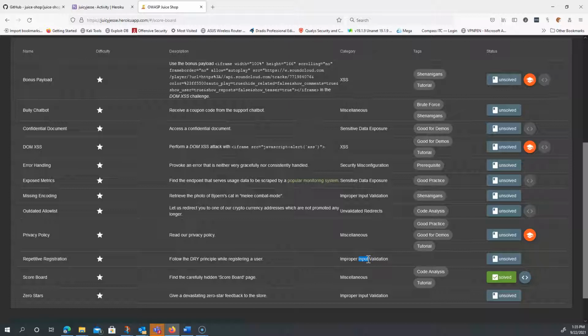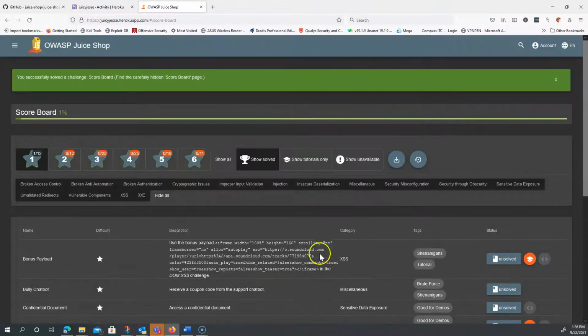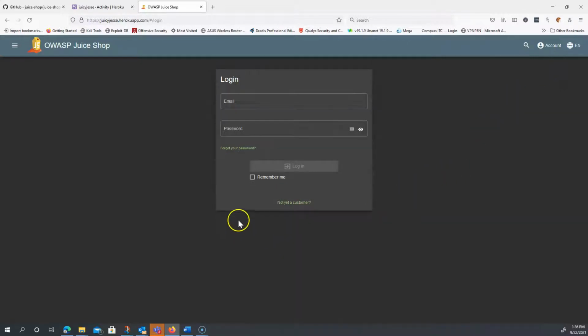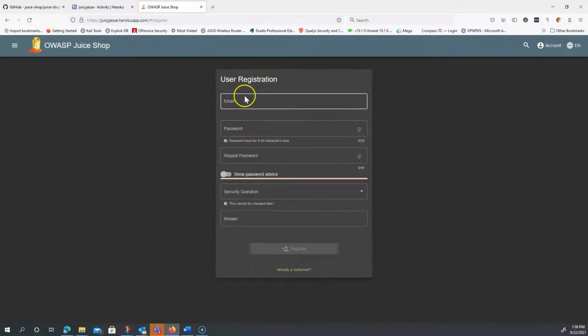So to look at this one, we're going to go up to the top here. We're going to click on account and we're going to click on login. Okay. We don't actually have a login, so what we're going to want to do is click on not yet a customer. And from here, we have a typical user registration page. You don't have to put in a valid email in here, obviously, because it's a fake application. So I'm just going to put